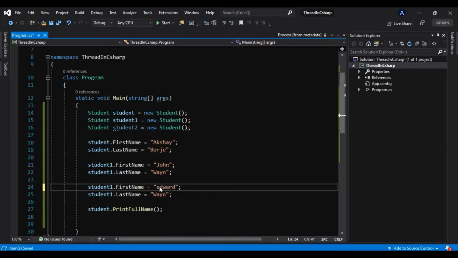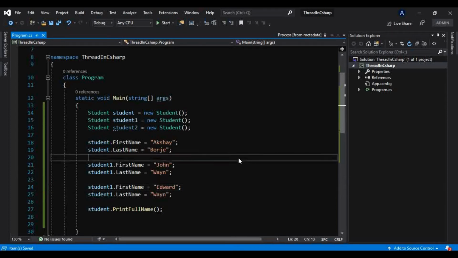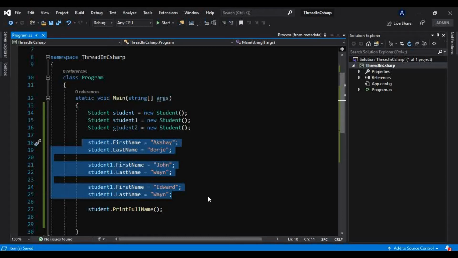Edward and Wayne. I will keep that as Wayne only. Now these are 3 students and I want to show them onto the console.